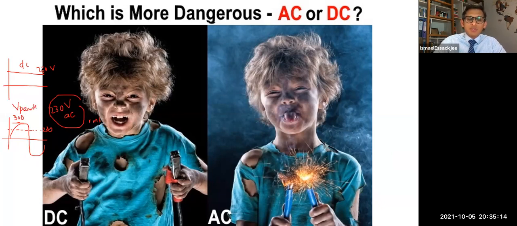So for DC, the highest voltage that you are getting is 230 volts, fixed. But for AC, when you say 230 volts, that's the average, what we call the root mean square value. When we talk about the peak value, V peak is 300 volts. It's a much higher voltage, which is like stress upon you, so basically it's going to be much more dangerous. There are maybe different reasons as well, but for this one, I think it's the most plausible one which we can share with you.